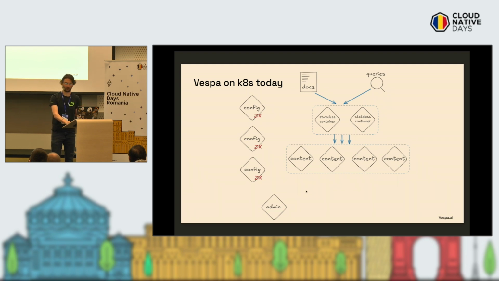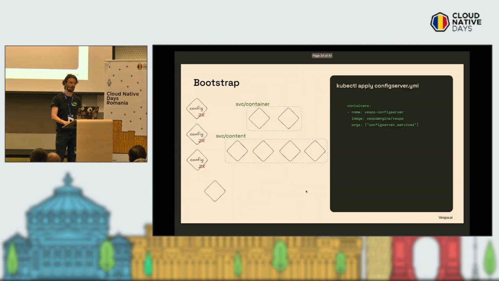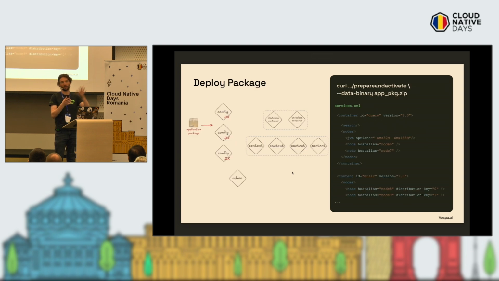And to deploy Vespa on Kubernetes, you would have to have two steps. You don't just start it up. You have to first bootstrap it, and by that I mean you need to start the config servers, and there's basically one image to rule them all. So you run that image and you just say config server, and it's going to start the config servers there. And the others will just start up, but because we don't have an application package yet, they will not really start the services. So only when we deploy the application package to the config servers,